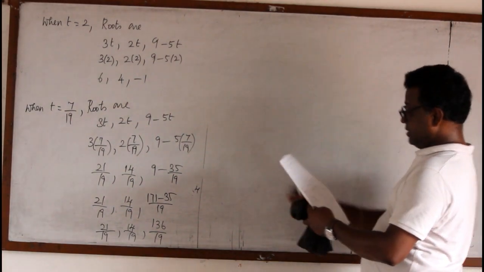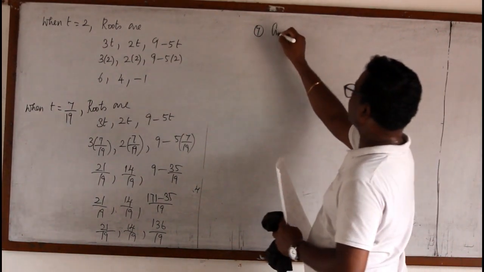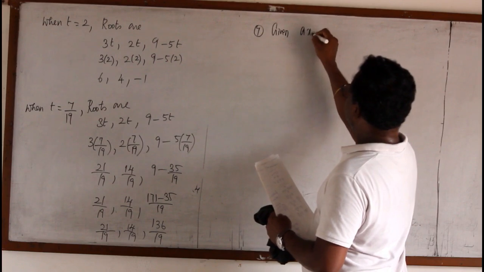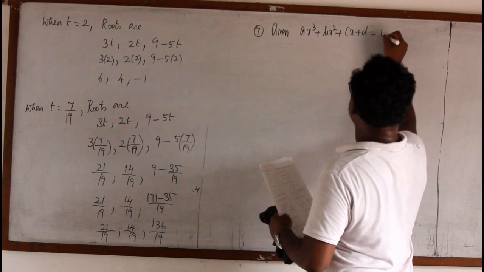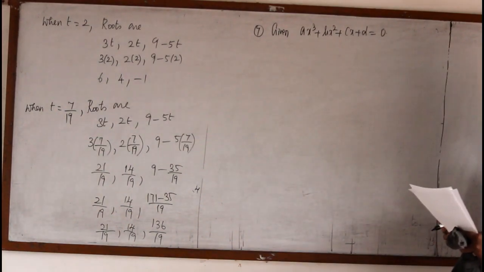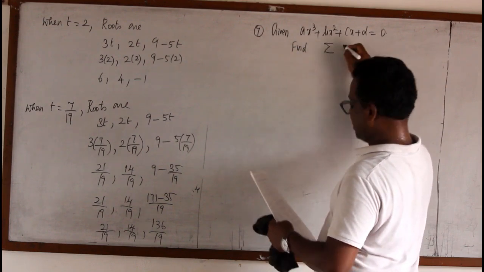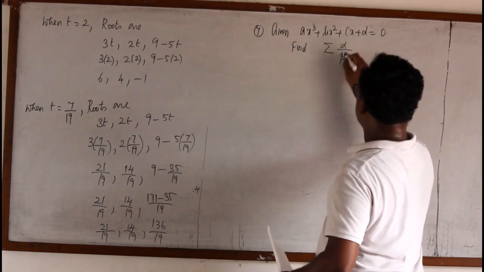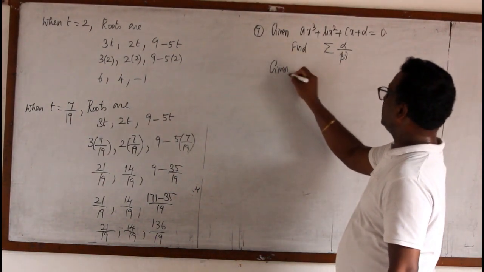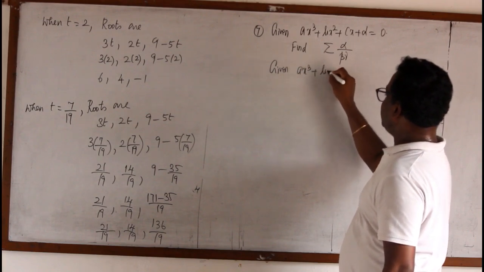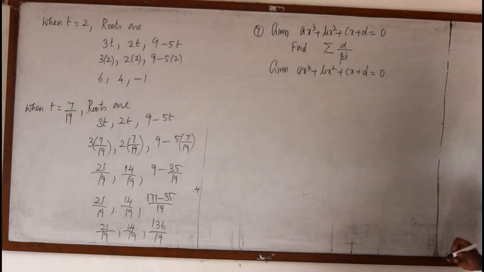Now we shall go for the 7th problem. Given ax cube plus bx square plus cx plus d equal to 0, if alpha, beta, gamma are the roots, find sigma alpha by beta gamma. So, given ax cube plus bx square plus cx plus d equal to 0, which is a cubic equation,